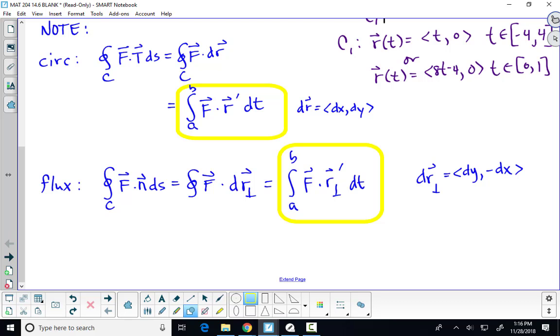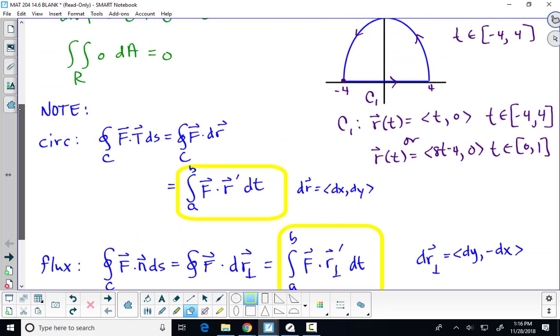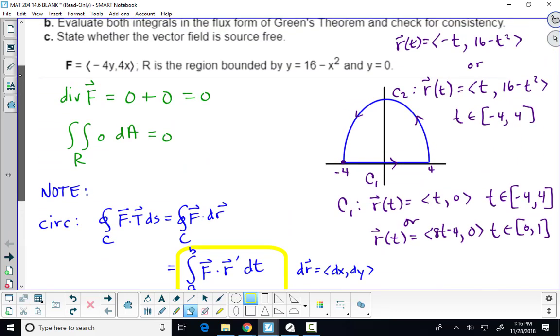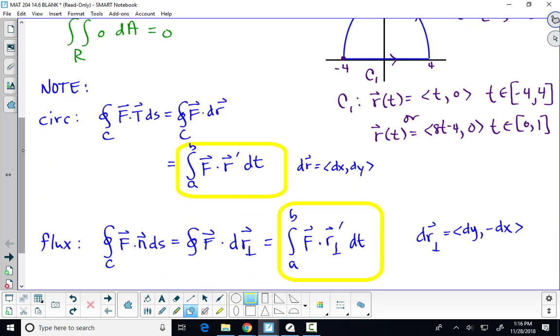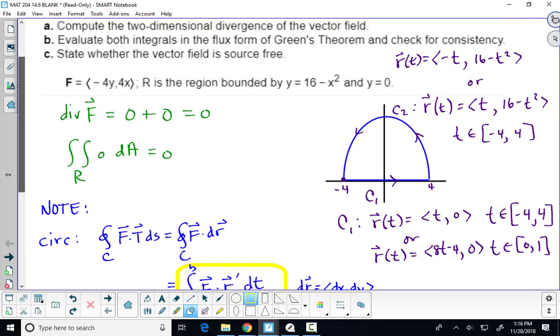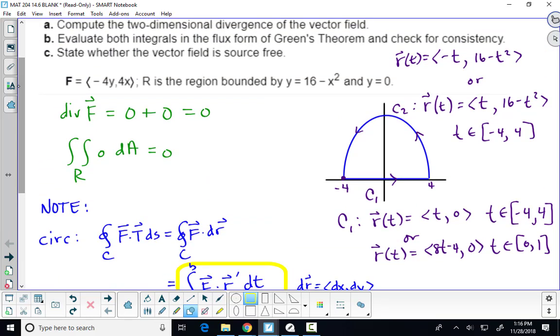When we are looking at, say, right here, you can look at your vector field with x's and y's, and it's that strange form that we usually don't write it in. So we could write this as minus 4y dx plus 4x dy. But we usually don't do that because most of the time we can't evaluate it because the letters aren't lined